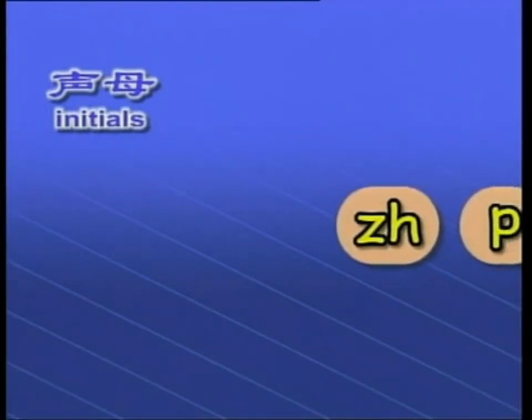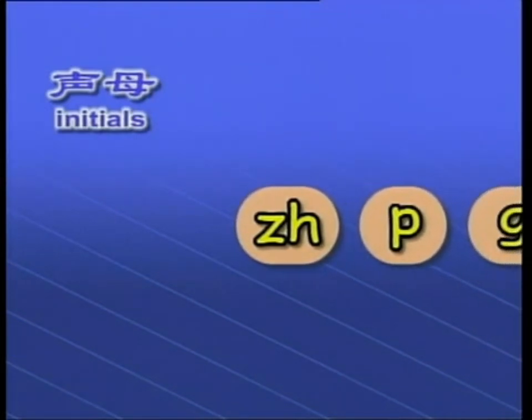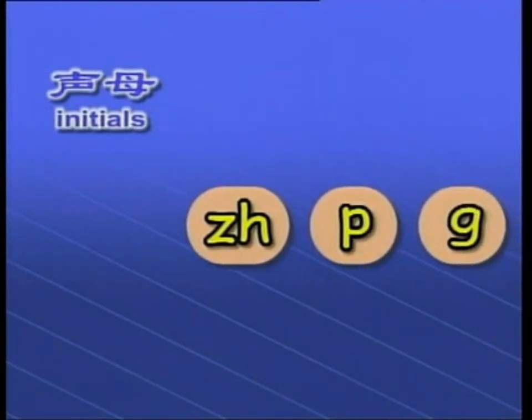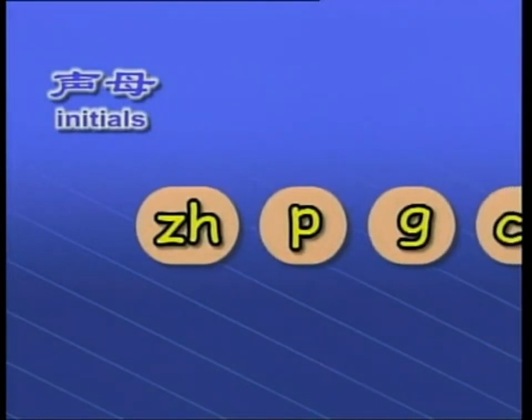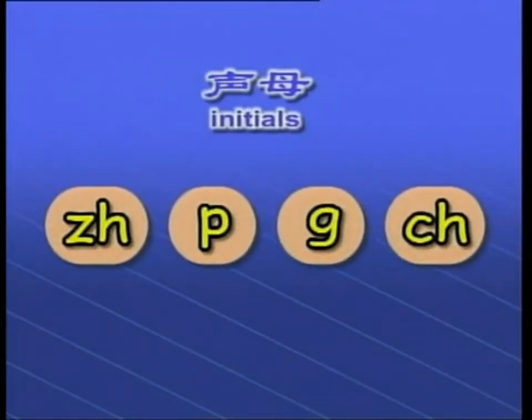Hello, everyone. Let's learn the Chinese phonetics together. First, look at the following initials. Initials. 知，知，坡，坡，歌，歌，吃，吃。